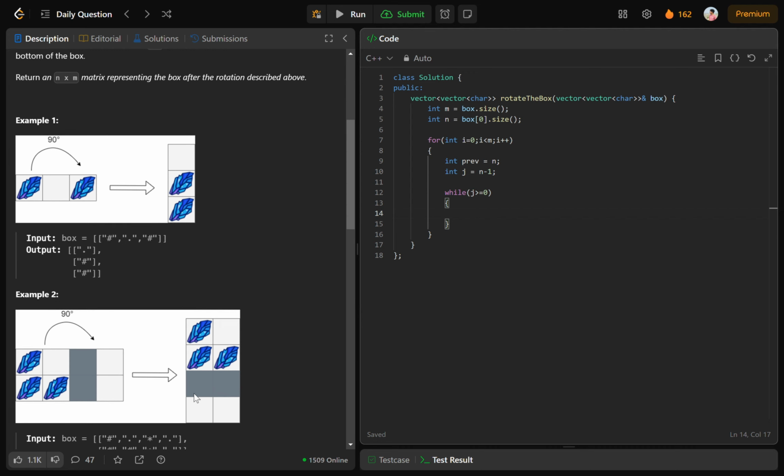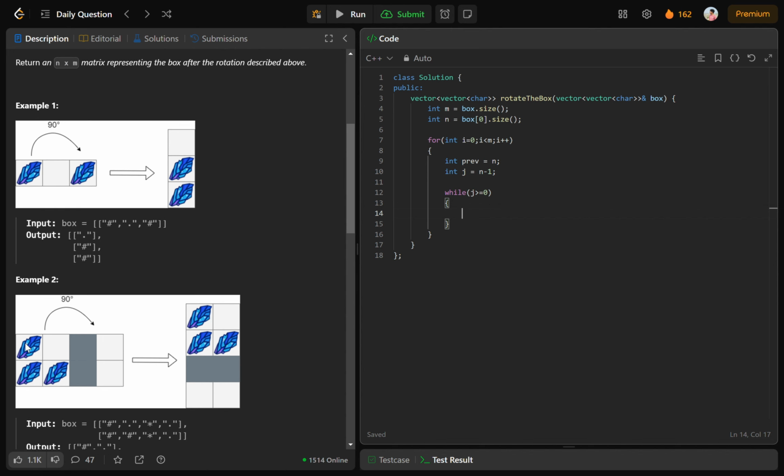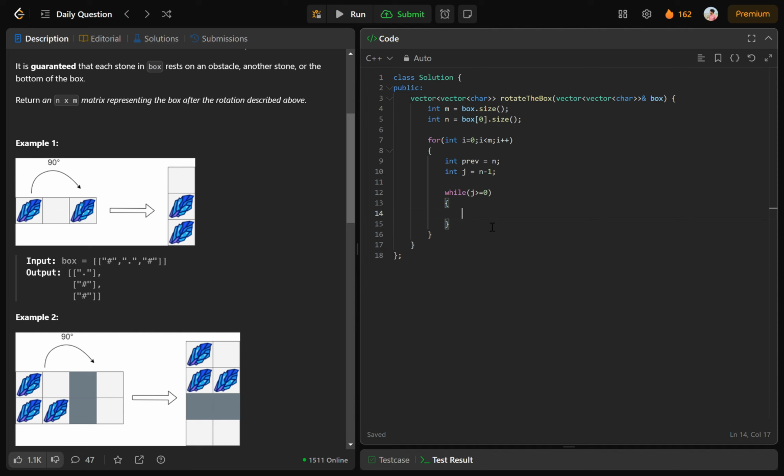If it is an obstacle, then we have to update the value of previous, where the stone will go, and if it is a stone, then we have to shift it to the last previous minus 1 value and decrement the previous point, and every time we will decrement j. Okay, so first point, if the box value box ij is empty, which is represented by dot, then we will